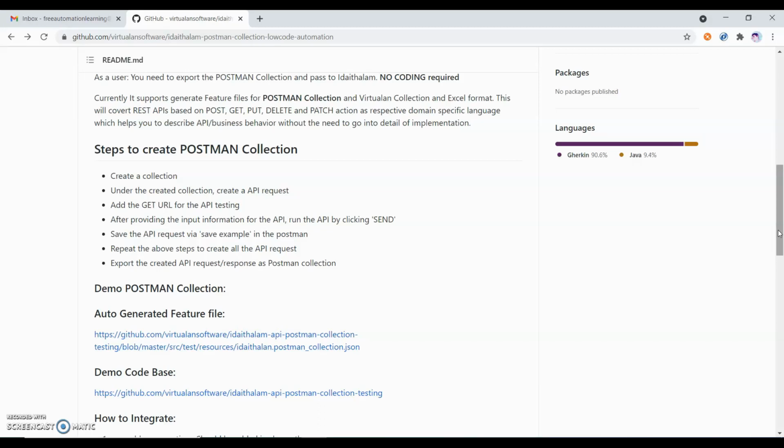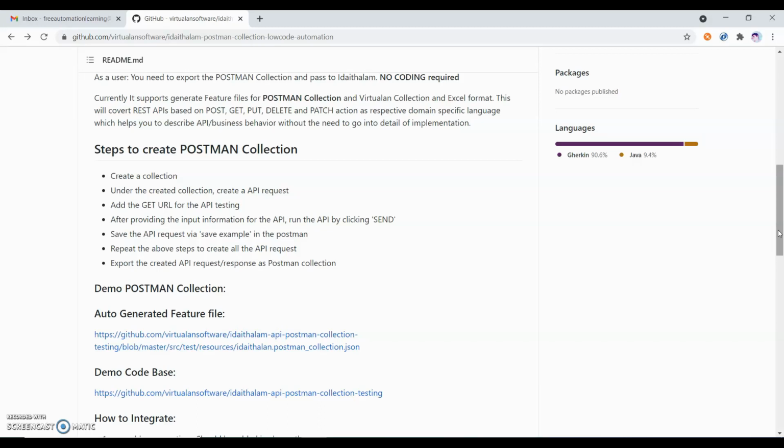Postman is a good API tool, but we have some limitations. For the assertion, we have to write some syntax, some JavaScript kind of thing.